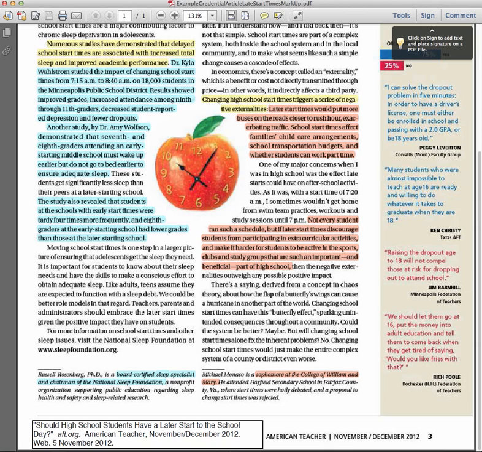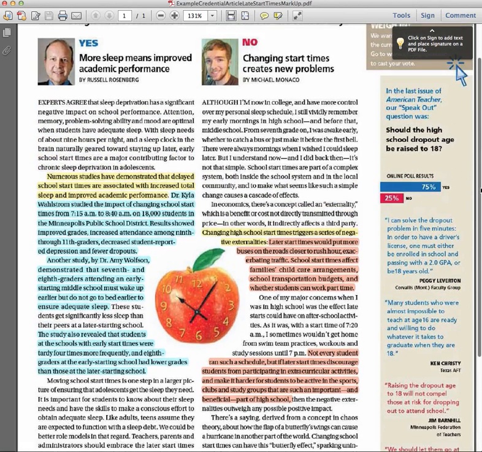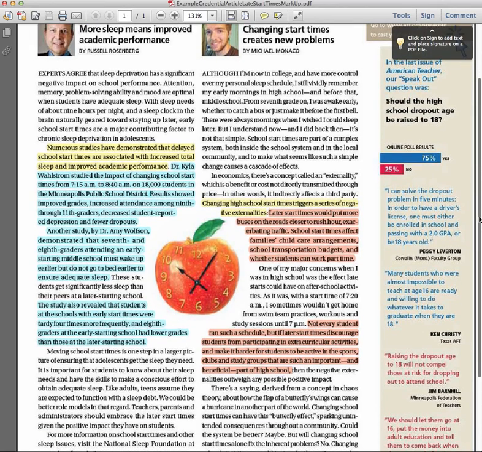So what we can do now is just take a quick look at his arguments, just like we did for Dr. Rosenberg's arguments. So again, I've highlighted in yellow one of his arguments. And one of his main arguments is changing high school start time triggers a series of negative externalities. And what he means by that is that when school starts late, it affects many, many other things. So this sounds like a good argument to me. And then he goes on to say what those effects are.